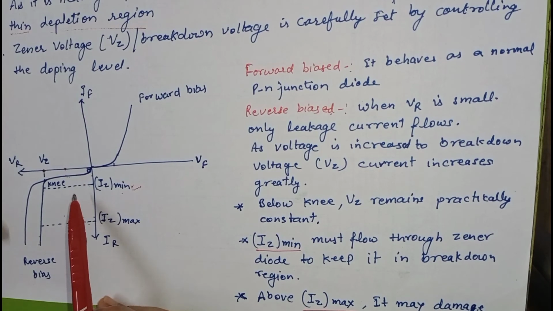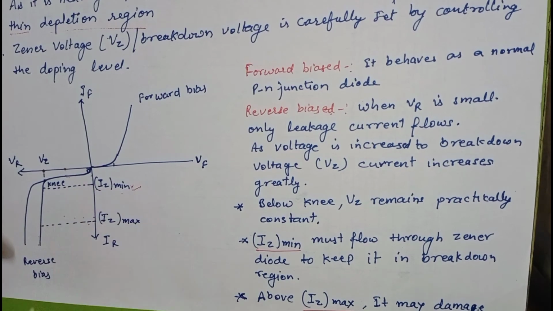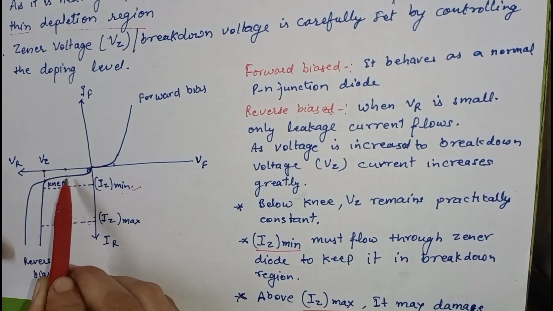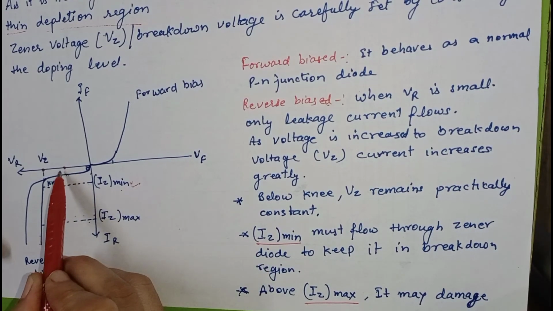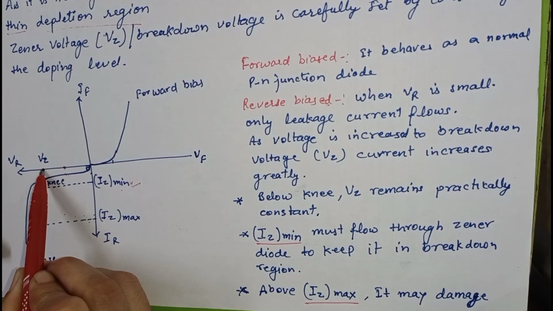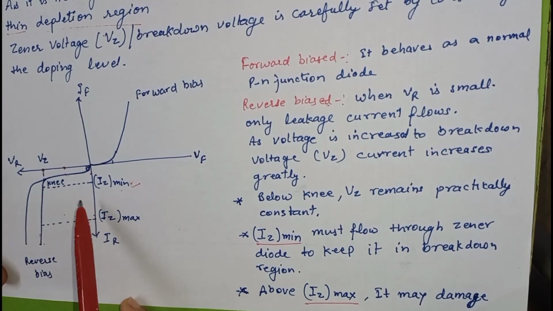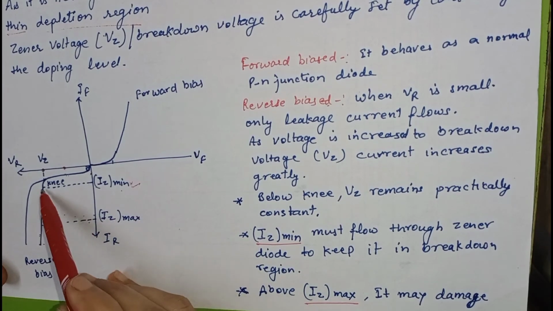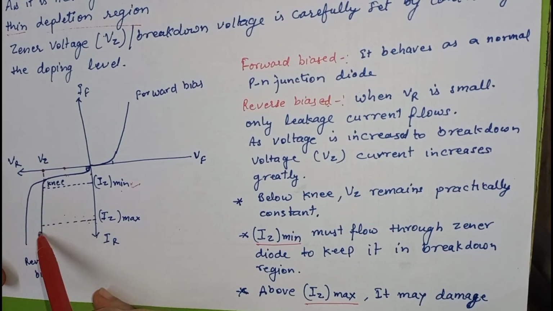In case of reverse biasing, when we connect positive terminal of the battery to N side and negative terminal of the battery to P side, the Zener diode is reverse bias. When we apply a small reverse voltage, say less than this Vz, the current that flows is a leakage current. When we increase the voltage to Vz, or the breakdown voltage of the Zener diode, a large current flows through the device. By observing the curve, we can see over a large value of currents, it provides a single voltage or a constant voltage.